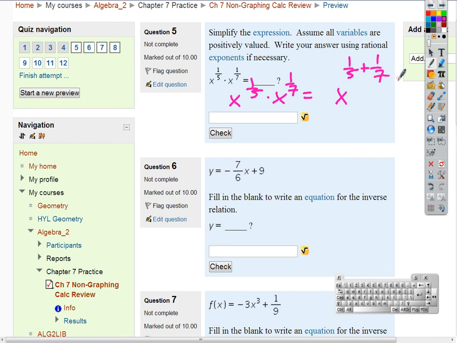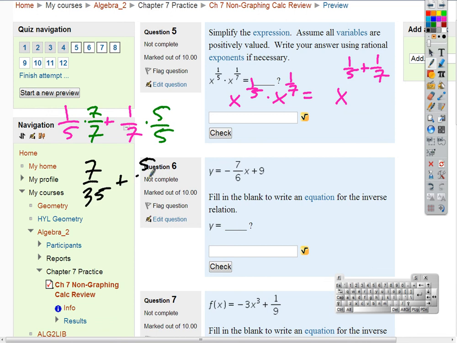And so the hardest part is not even an algebra part, it's just adding some fractions up. So if I want to add up 1/5 and 1/7, let's take a look at that. 1/5 plus 1/7. How do I add fractions? Let's just do like a common denominator. Good, common denominator. So I got to multiply the first one by 7 over 7. Second one by 5 over 5, very good. And then we end up with 7/35